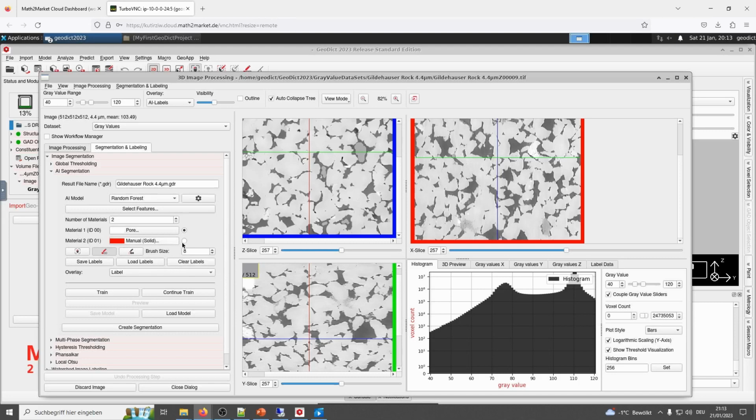We should repeat the same selection, but for the solid material ID 1.